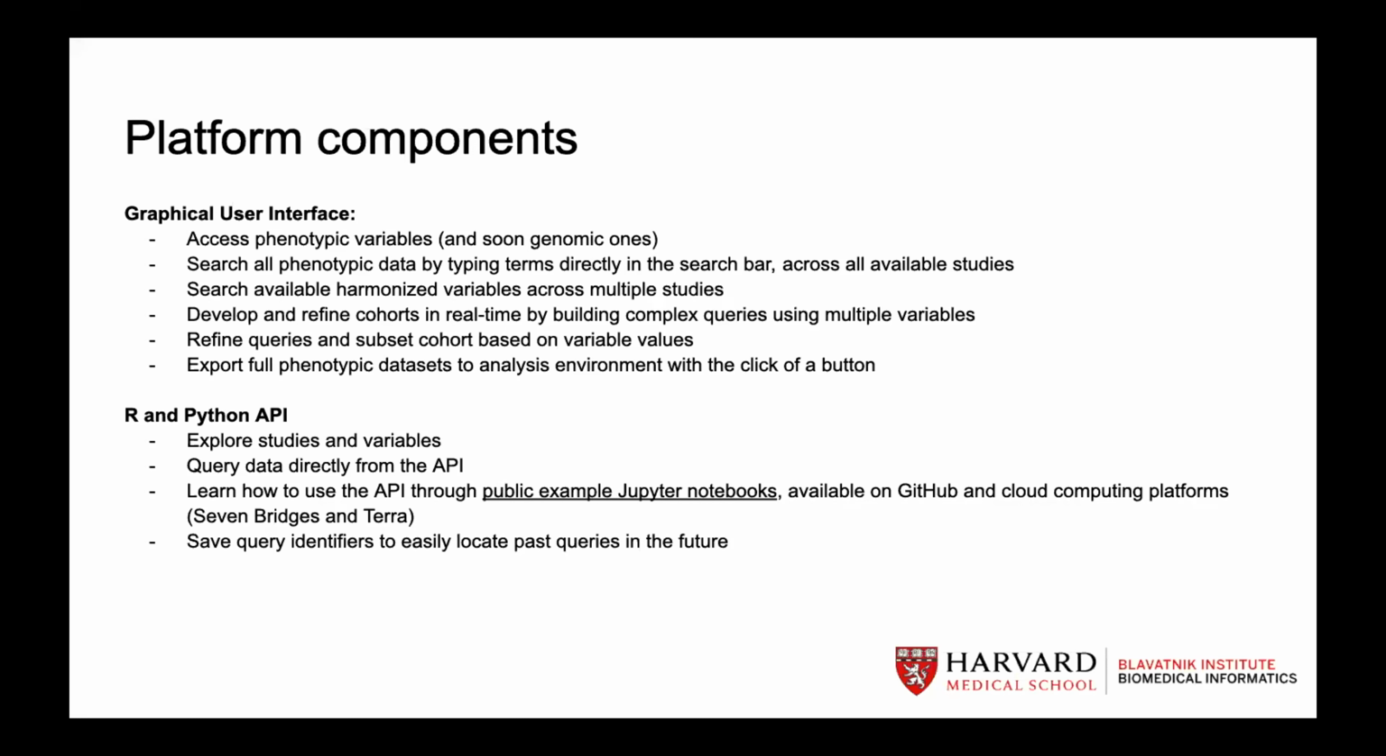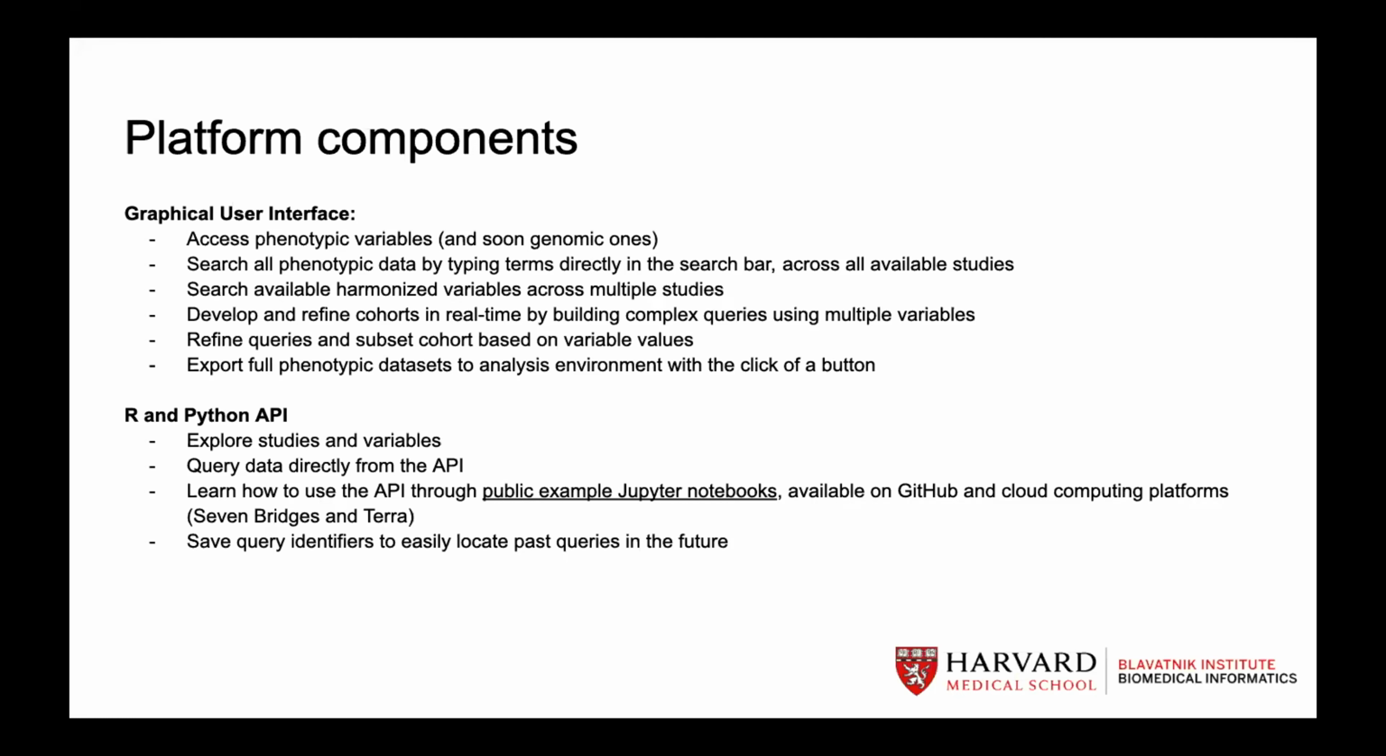There are 43 harmonized variables that are phenotypic characteristics that have been harmonized across multiple studies. For example, the age of every patient of the more than 20 studies available through PIC-SURE is available in a single variable that is called age in the harmonized variables. And so this mechanism allows